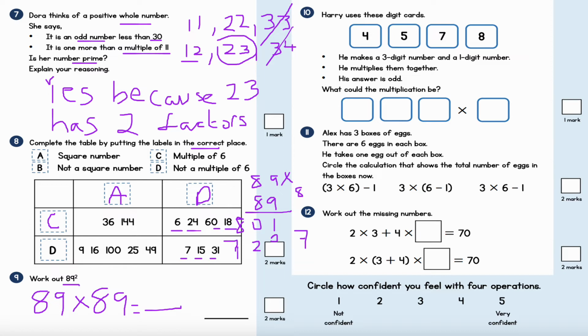Sorry, guys, I think my mind just went blank there. I was trying to think of the answer. So 71. 1 plus 0 is 1. 0 plus 2 is 2. And 8 plus 1 is 9. And then you've got that 7 there. So the answer is